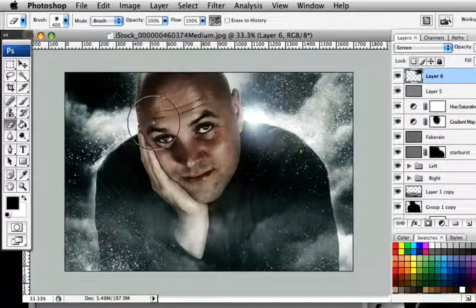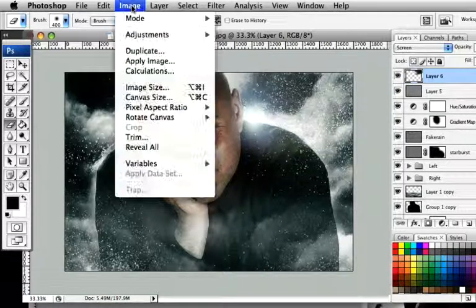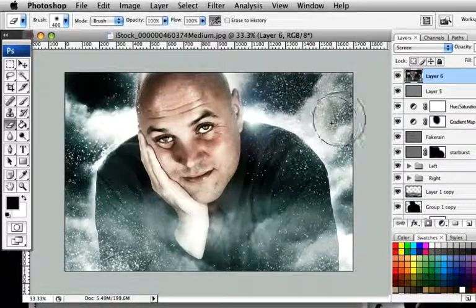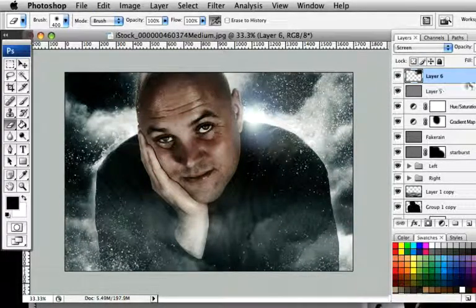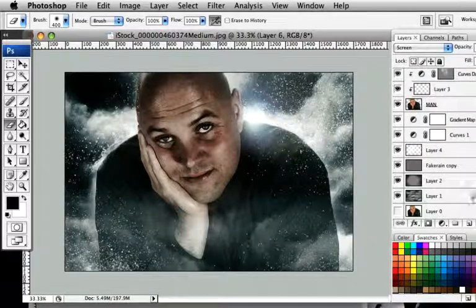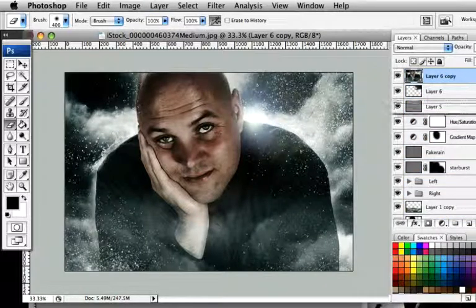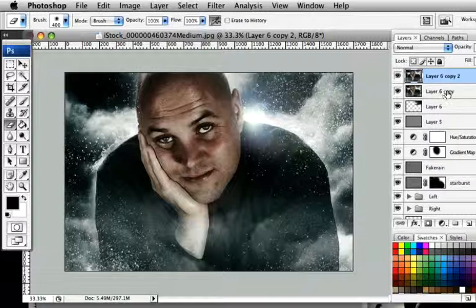Okay. So once you've got that in place and you've got your lens flare in, we're going to now apply our image twice. So go to Image, Apply Image, click on OK. Not happy with that apply image. It really lightens everything up. So another way of doing that is shift everything, copy it, merge it. There we go. I'm going to duplicate that layer. We're going to call this bottom one inverted, and the top one we're going to call,